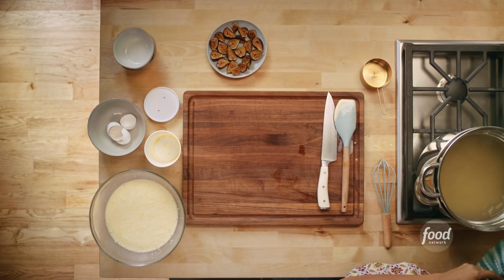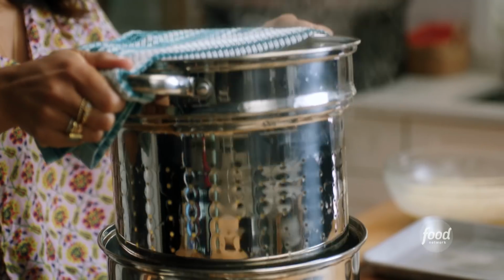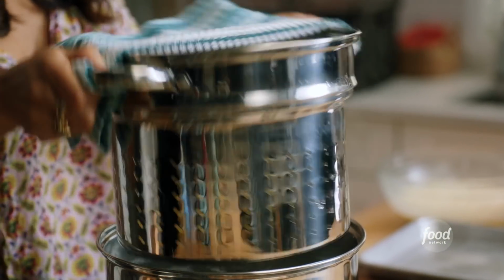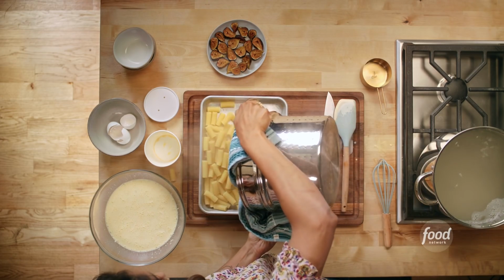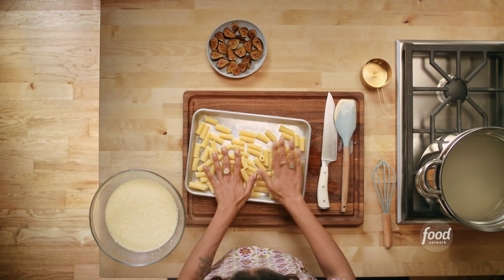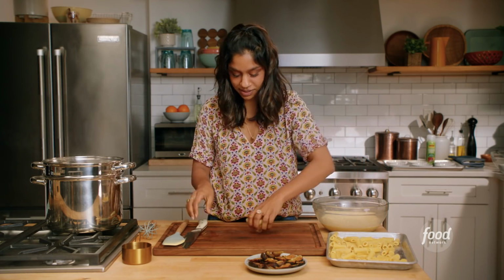So my pasta's perfect. We do not want to rinse this pasta. That starch is going to help our pudding thicken up. To a tray. We'll just let this cool a little bit until it's easy to handle. Okay, my noodles are nice and cool, so I can chop them up into 1/4-inch pieces,